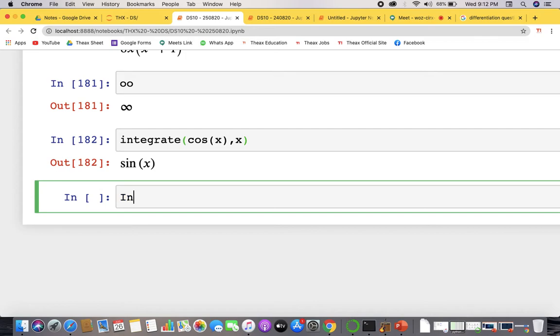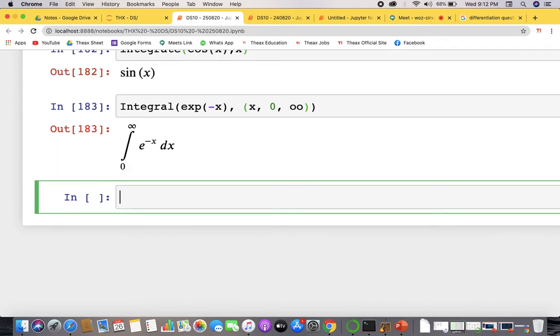So if we write an integral of an exponentiation of minus x, and then define the upper limit, that is 0 and infinite. Upper limits and the lower limits to be defined. Let's see what comes. So integration from 0 to infinite of e to the minus x dx. Okay, that is very nice to just express. Now, if you want an integration of this,